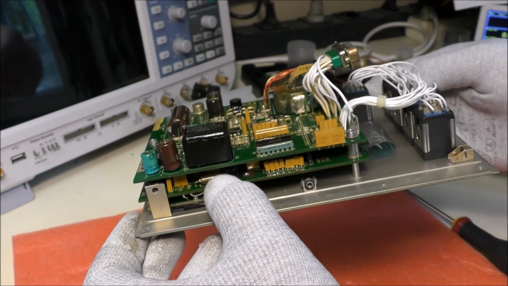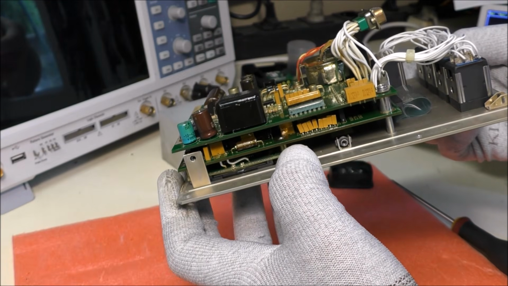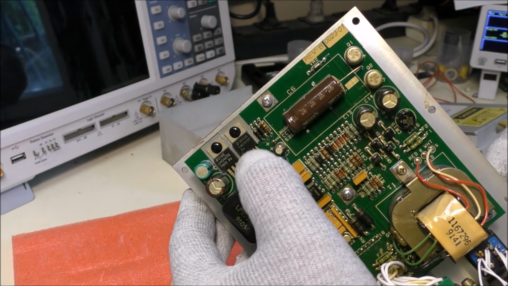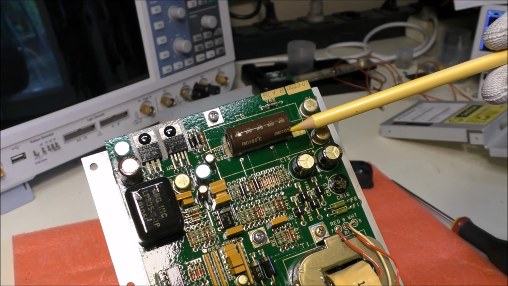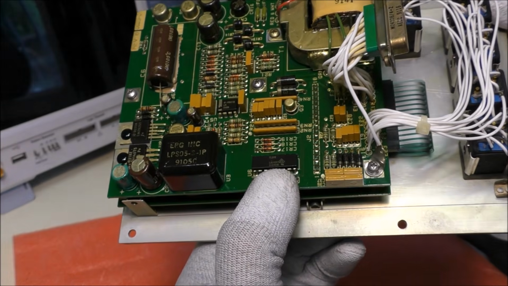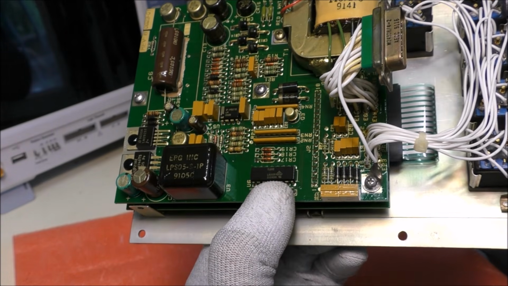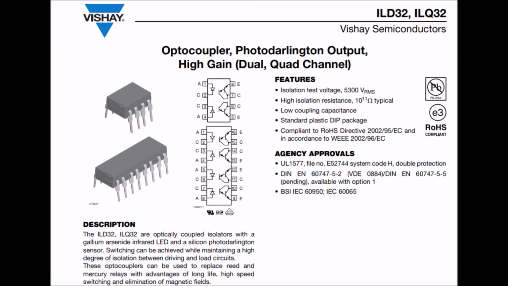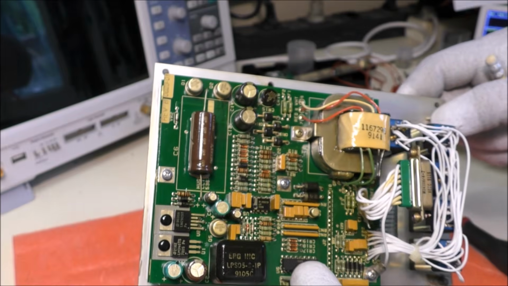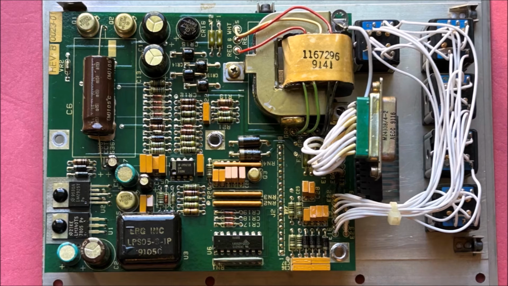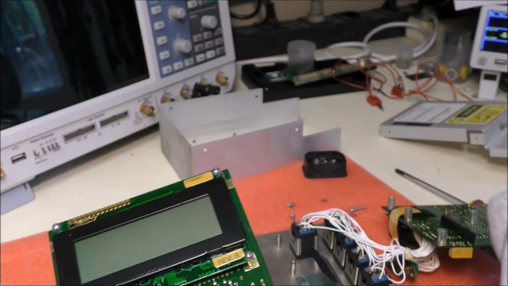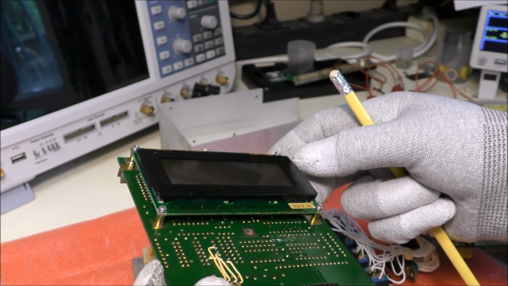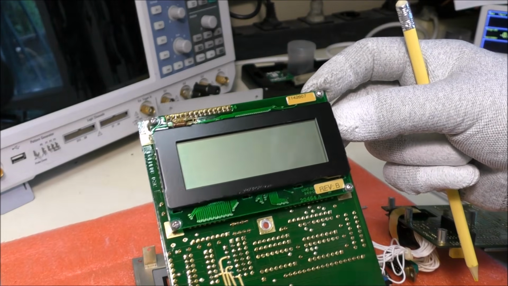So we have two main circuit boards here. We can see here the LCD display. We have here two voltage regulators. The footprint of this capacitor is a little bit large, considering the actual size of this capacitor. I cannot read the part number of this IC. This is the 4 lines of 20 characters LCD. You can see there is a bodge here.